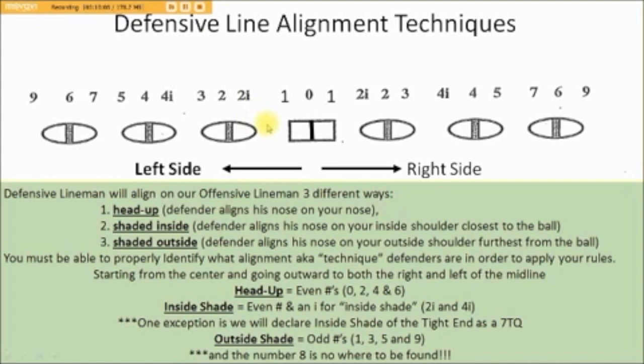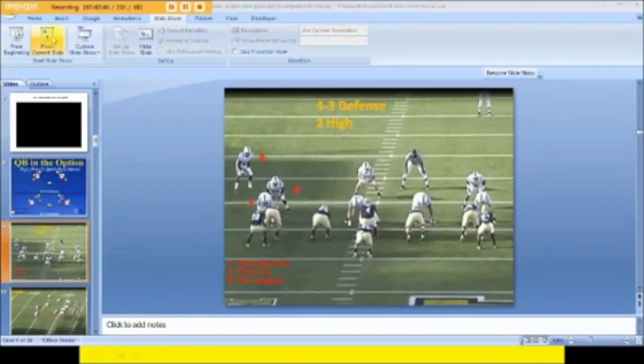Okay. Again, in a game, I'm going to ask you if you're playing right tackle, or you're playing tight end on the left, where is he aligning on you? And you've got to be able to tell me, Coach, he's inside, he's in a 4I, or Coach, he's head up on me, he's in a 6 technique. You've got to be able to know this information and kick it back to us. Okay? All right, we're going to give you some live examples now